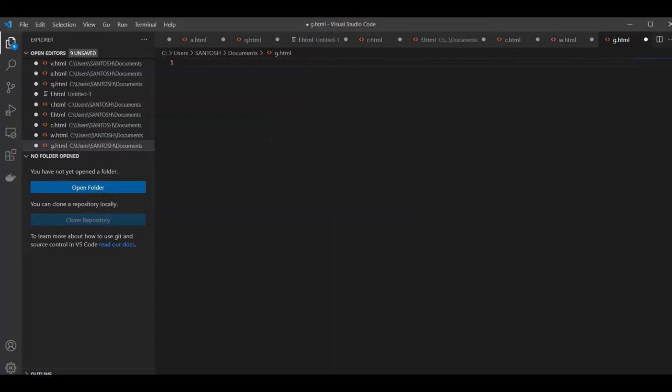This is an advanced editing software for programming, and we can use features like Live Server. We can use this software for all programming.